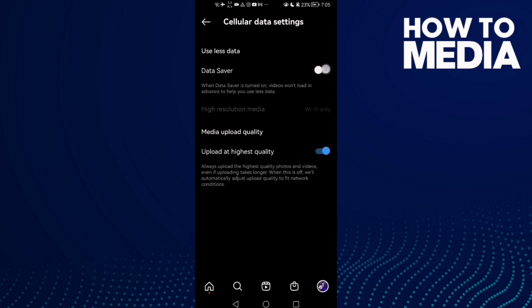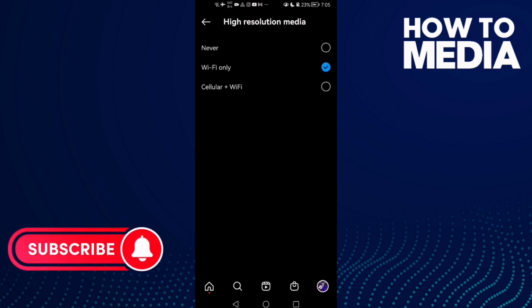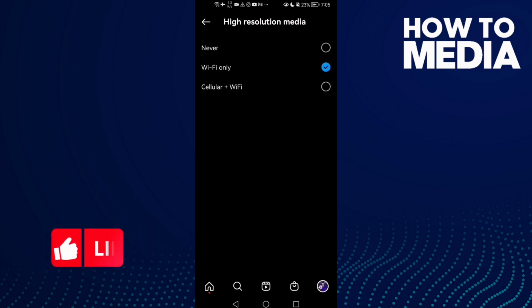And if you want to enable data saver, just click high resolution and make sure it's on Wi-Fi only or